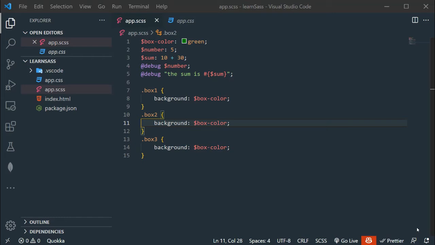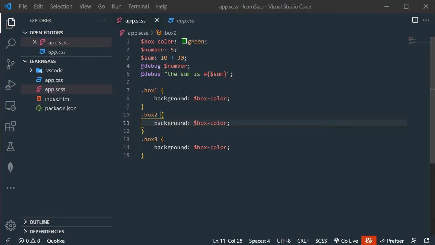Let's say in the HTML file we have a navbar section and a header section. So I can create one SASS file for the navbar and a second SASS file for the header section. So simply we can divide our SASS code into different modules.